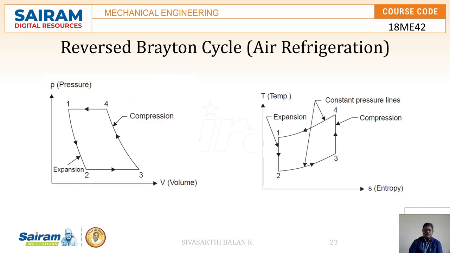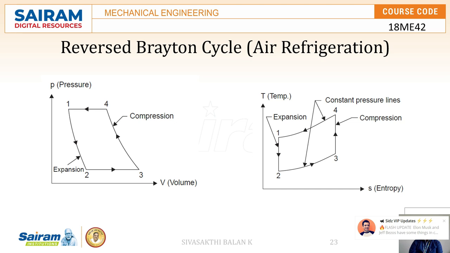And this is another form. The PV diagram and TS diagram vary with respect to the process which we allocate. If we allocate 1 to 2 as the starting process, we can do it. Whereas in this one, I explained with a different starting point and end point, where we start